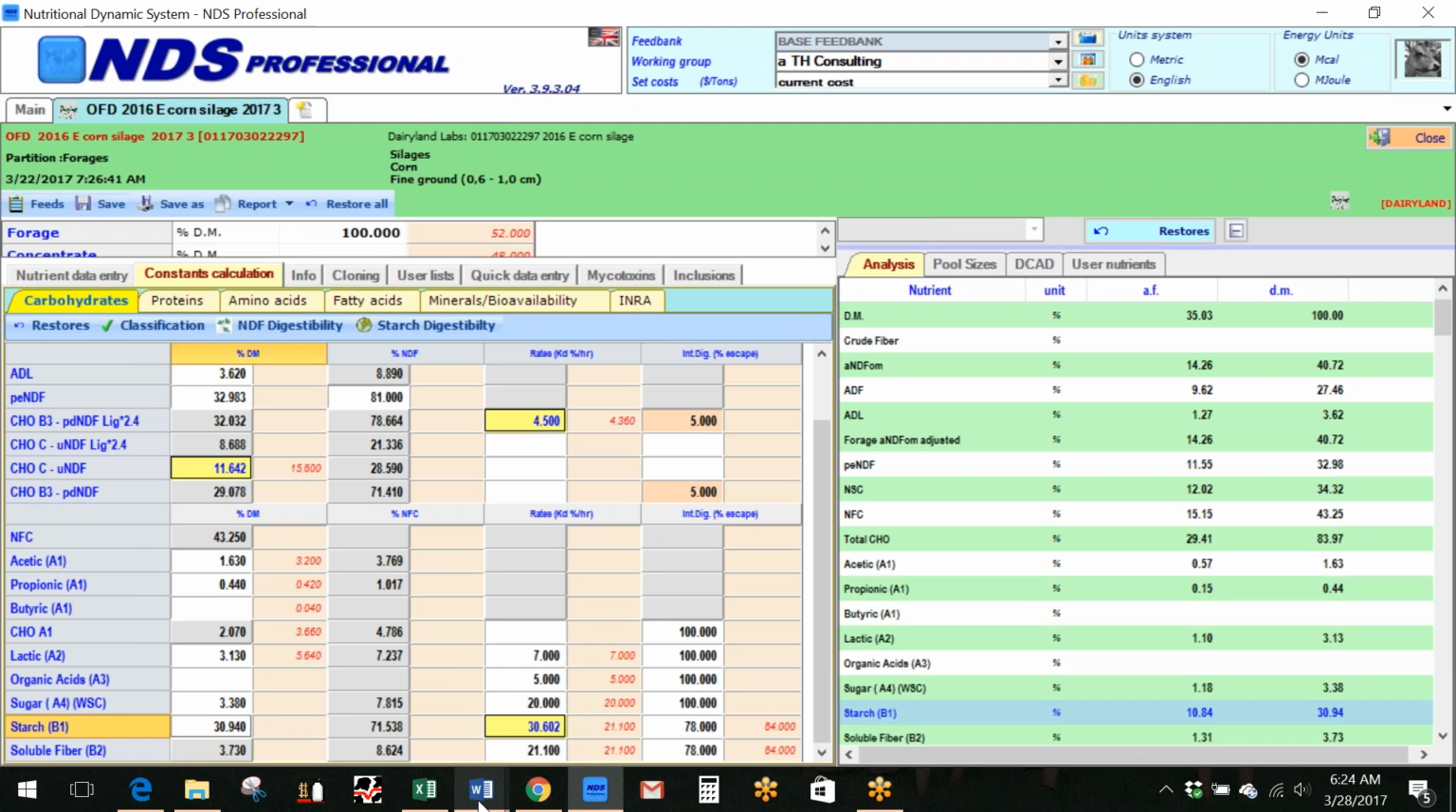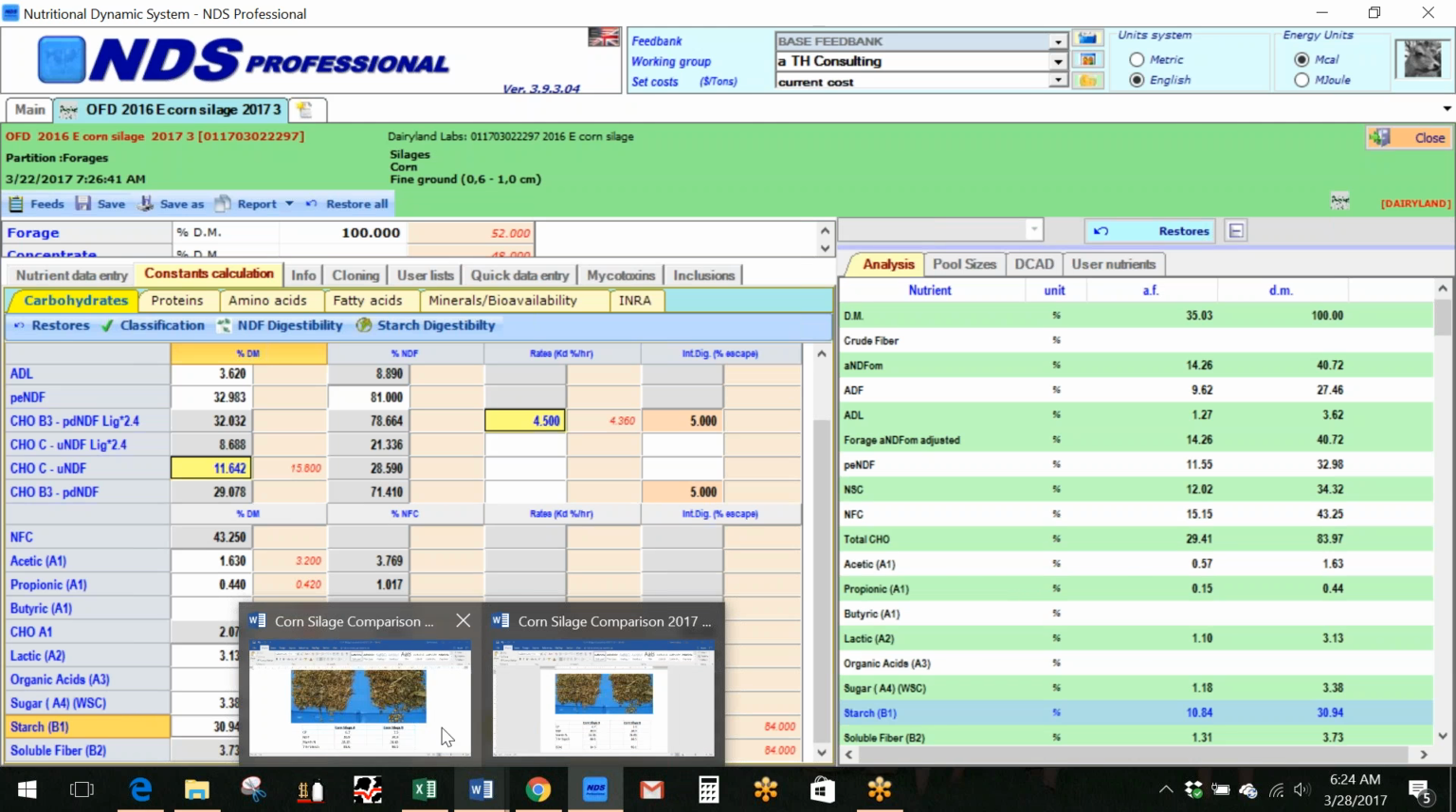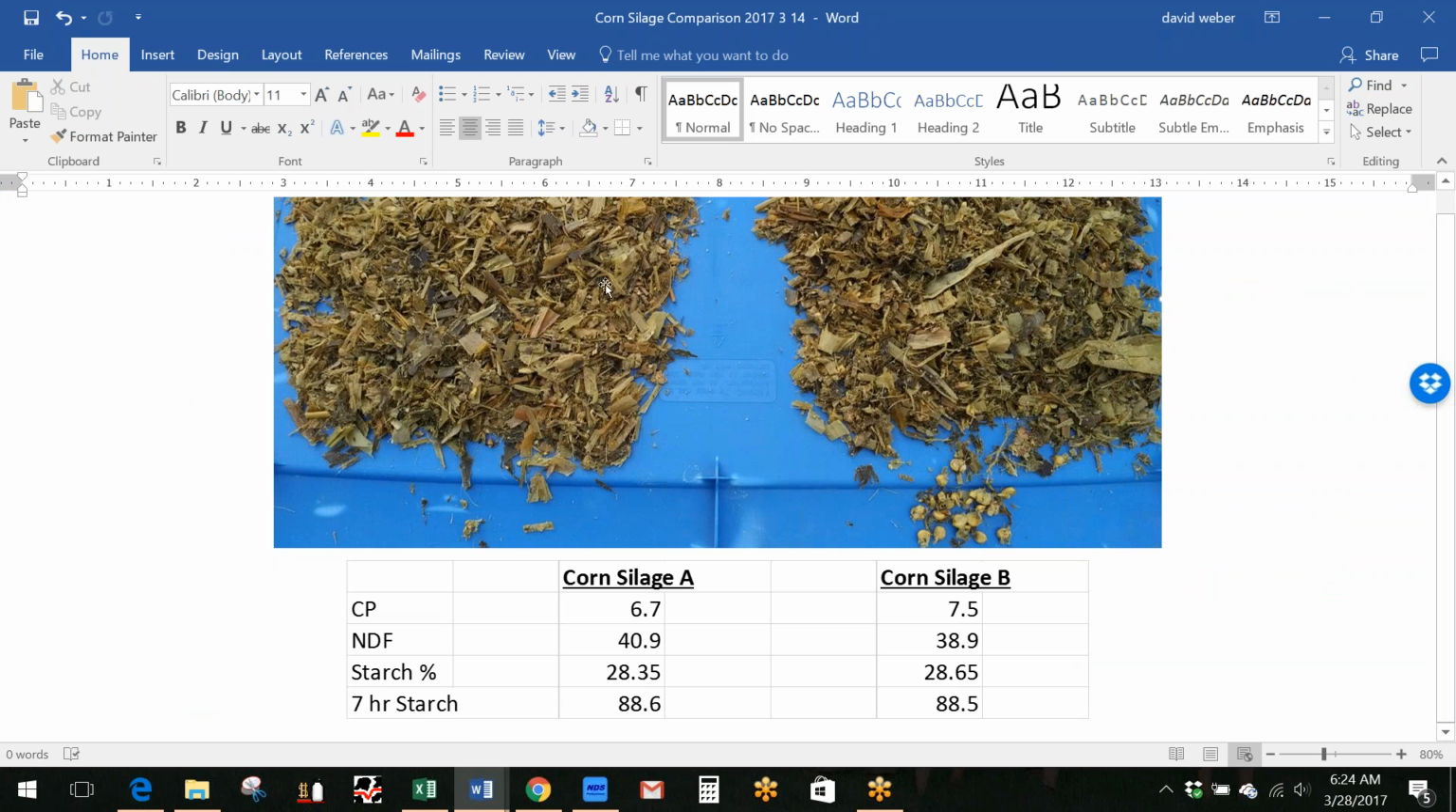So if we go back and look at our 2 corn silage samples, what we need to get comfortable with is the processing here will determine that starch availability, especially on a high producing dairy cow when passage rate is high. So when passage rate is high, then digestion will be decreased. The old passage rate and digestibility